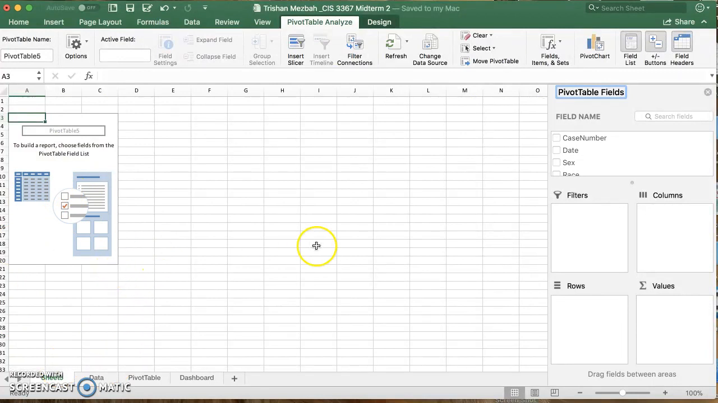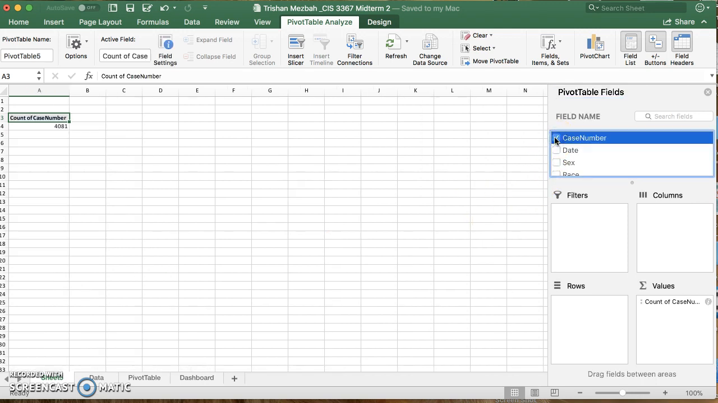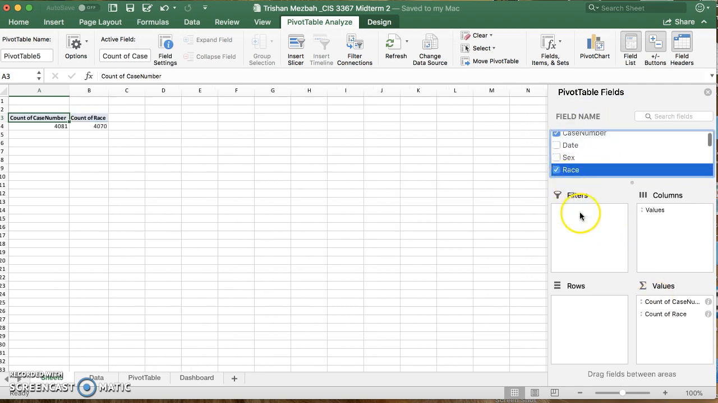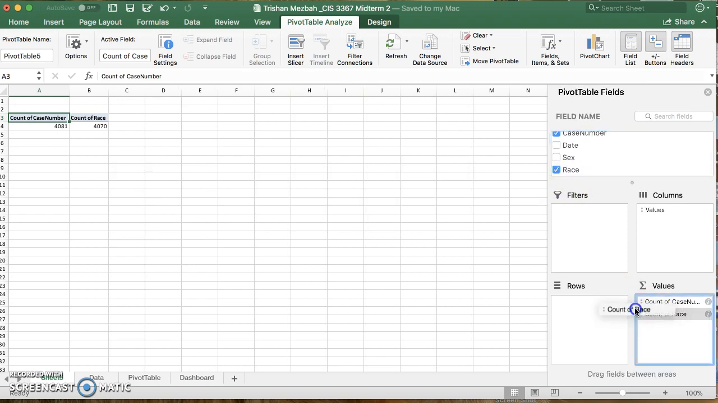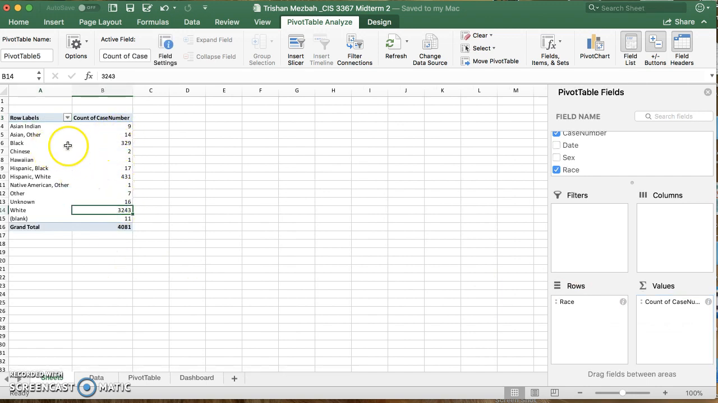So then what you're going to do is pick one. So we're going to do the one with race first. So what you can do is click case number. Once you make sure case number is in value, and click race. Once race is there, you want to move race to rows. Once you move race to rows, then you can see, it makes it a lot easier to see, okay,